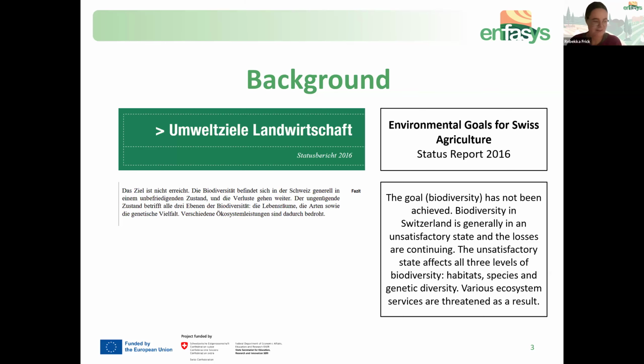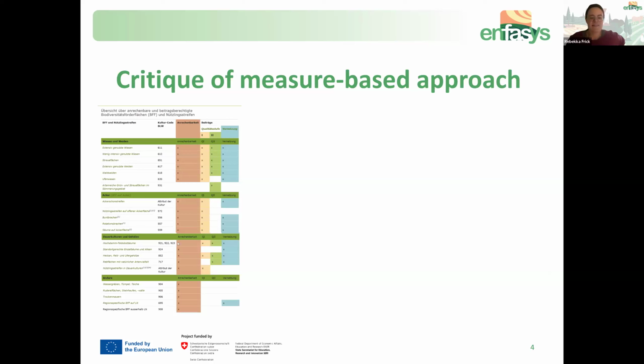Probably nothing surprising. One explanation of why the previous schemes have not managed to improve biodiversity, not even to halt loss of biodiversity on farmland, is that they are mostly centered around measure-based approaches, meaning that farmers get paid for a predefined set of measures that they need to implement. And usually these measures are one-size-fits-all measures related to indicators that are just applied all over Switzerland. Sometimes there's a variation for different regions, but generally it's just